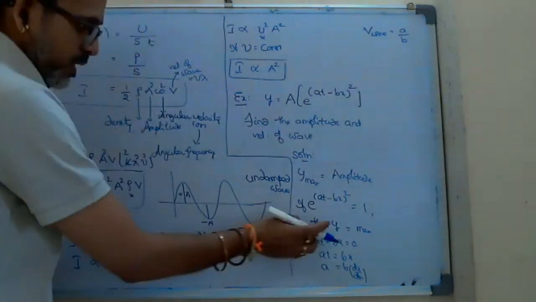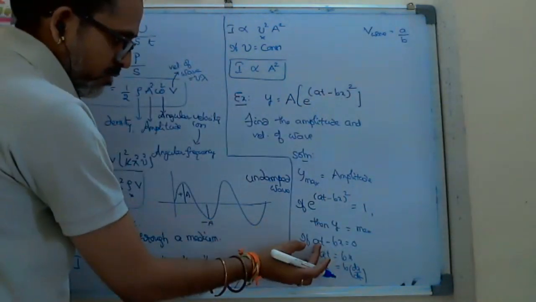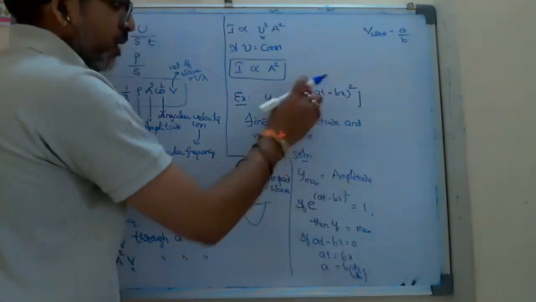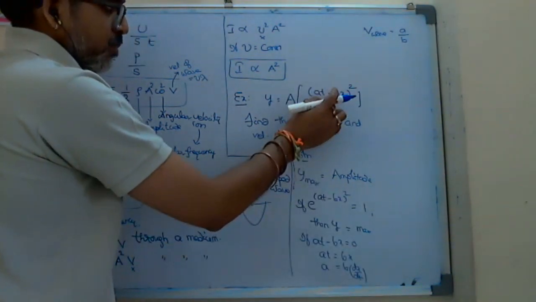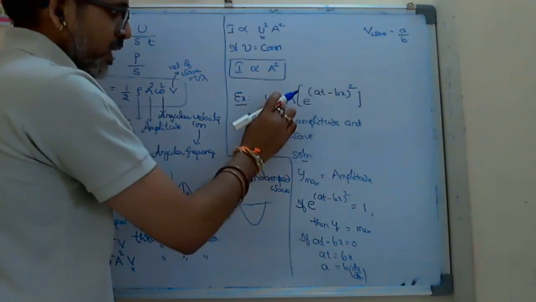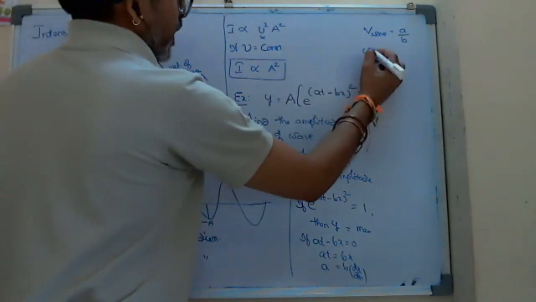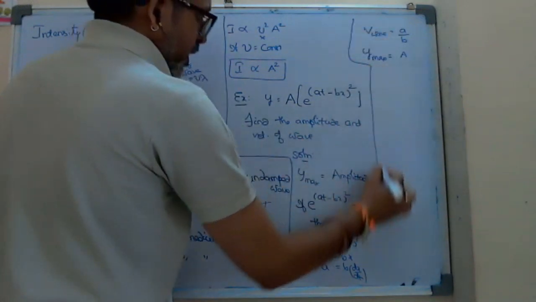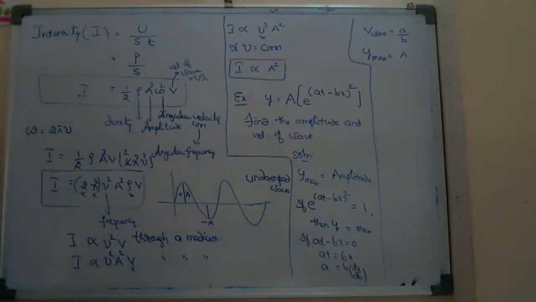And here, to get the maximum displacement, I have to put 80 minus dx equals 0. 80 minus dx, if you put 0, this is e power 0, which is 1. 1 into a, that is a. So y max is equal to a. This is the way to find the amplitude and the velocity of wave in the given progressive wave